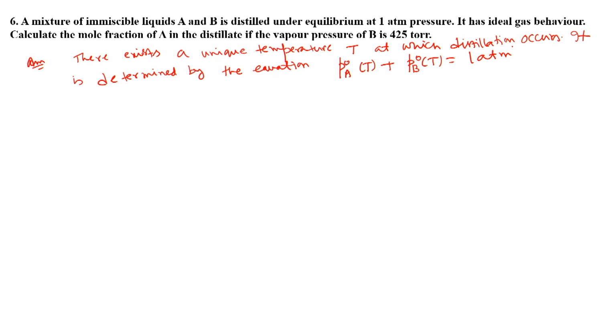Okay, so for distillation this has to be there, so the total vapor pressure has to be 1 atmosphere. Since the liquids A and B are immiscible, not miscible,